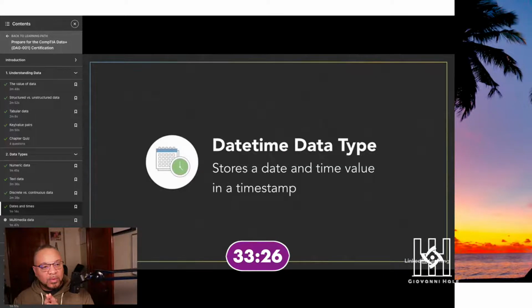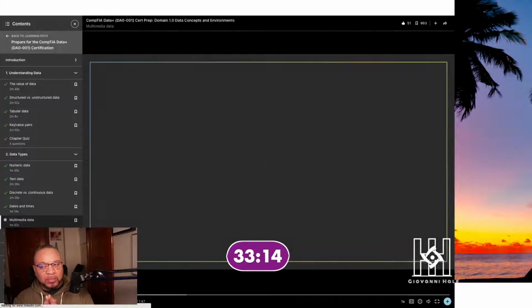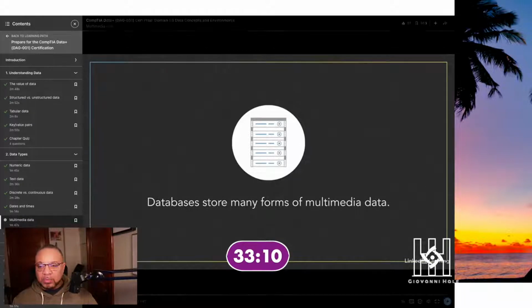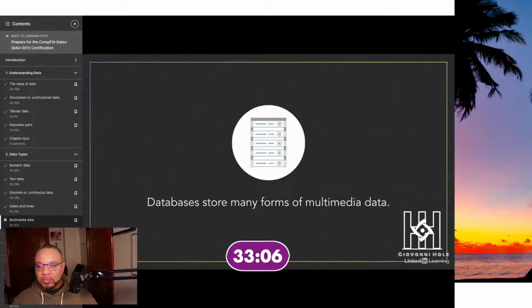Finally, date-time data types allow the storage of a date and a time together. These are commonly used for timestamps on system logs and other applications where you'd want to store both the date and the specific time of an event. While most of the data that we store in databases is in text or numeric form, we often have to work with multimedia data as well. Databases provide special binary formats that allow us to store multimedia data such as images, audio, and video.